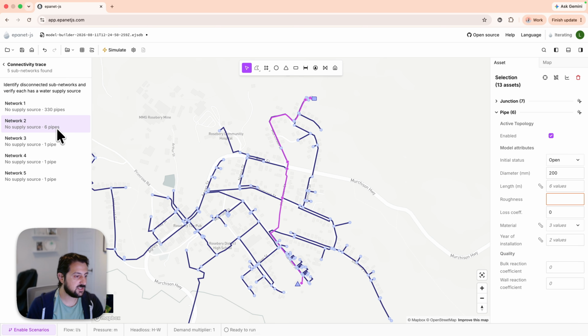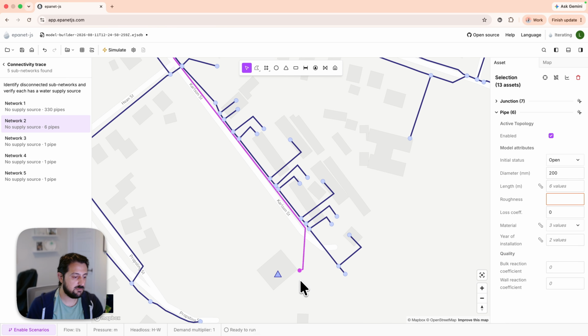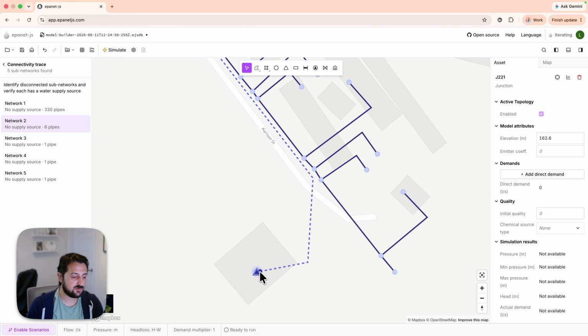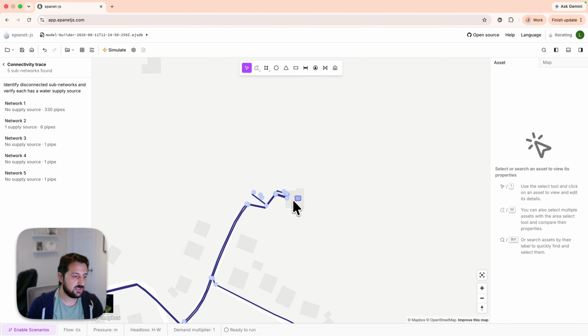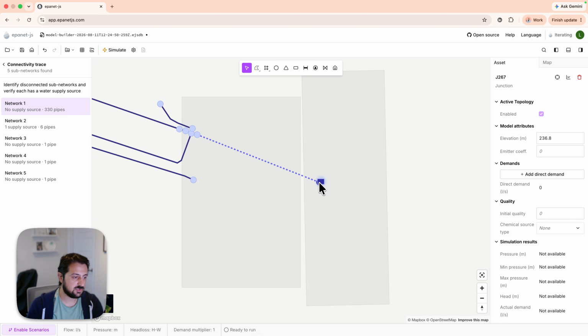Next, we have this section here, which is actually the main that is used to pump up from all the treatment works into the tank. We're going to connect this one in. We can drag it across here. And then we can come up to the other side and we can see that there are two sets of mains. So we'll connect this one here and this one here.